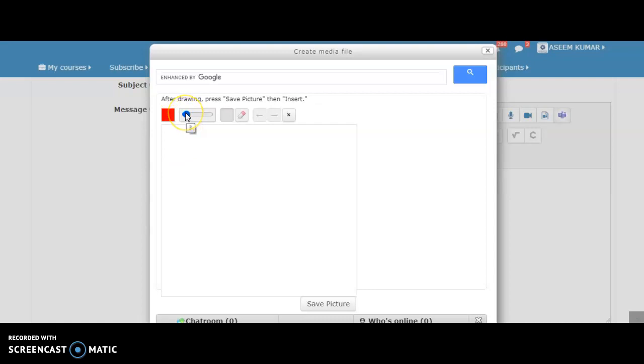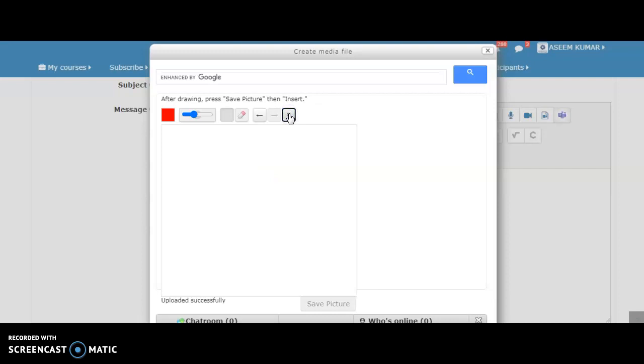This tool helps in fixing the size of whatever we write. If I keep it to minimum and try to draw a line, I'll get a line of this thickness. But if I increase the size, shifting it to the right side, and again try to draw a line, you will see this is of this much thick size. Depending upon what you are going to show, you can select the thickness of your line. Now if you want to remove all these things, you have to click on this button.